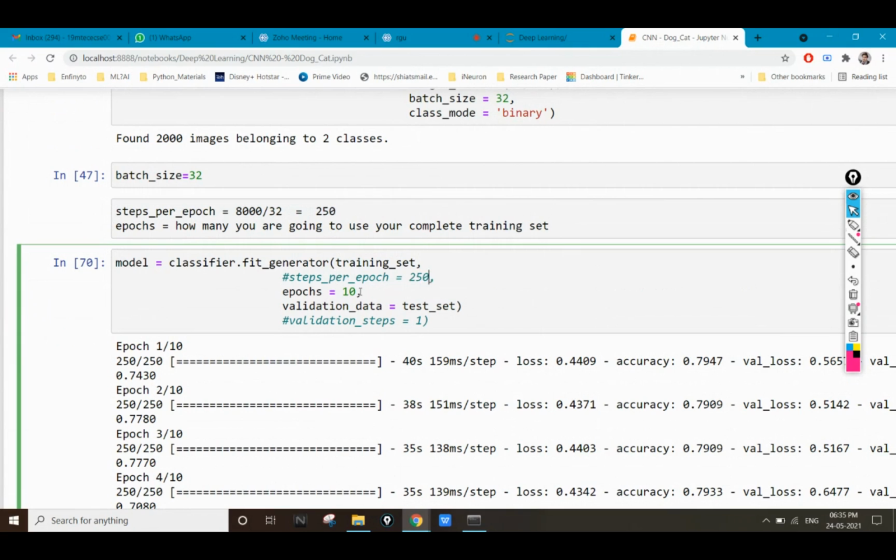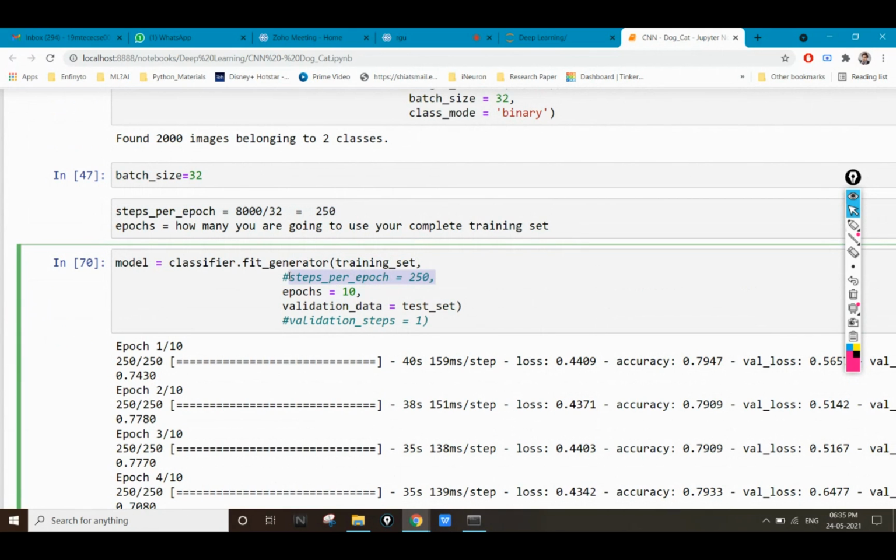Now I'm providing the epochs as 10, meaning I will be repeating those 8,000 images 10 different times. Or you can say I will be repeating these 250 steps 10 different times.